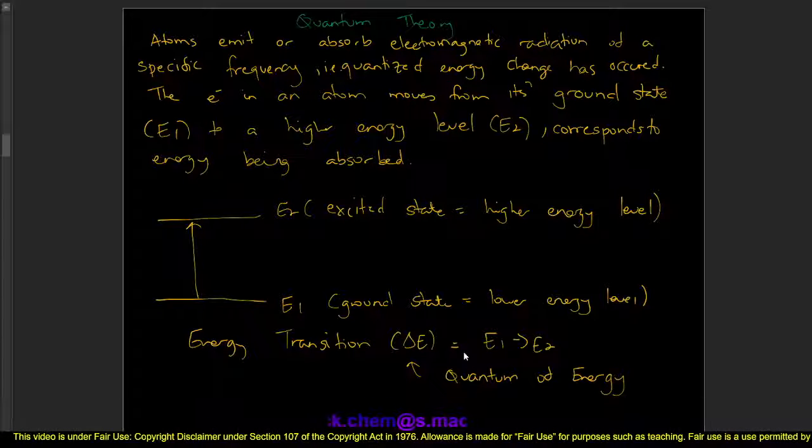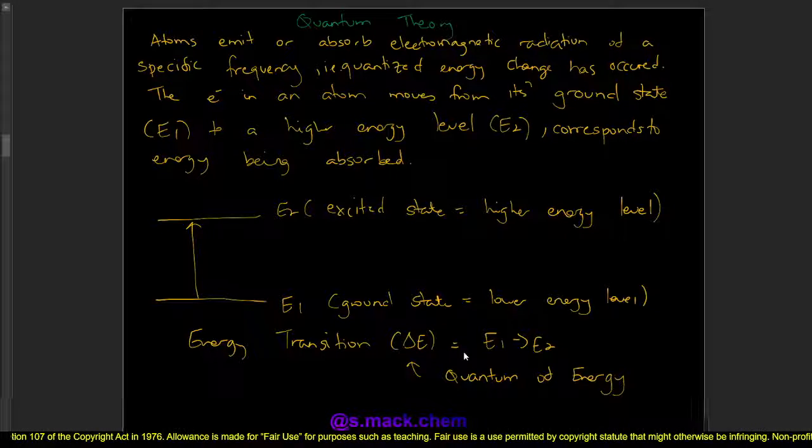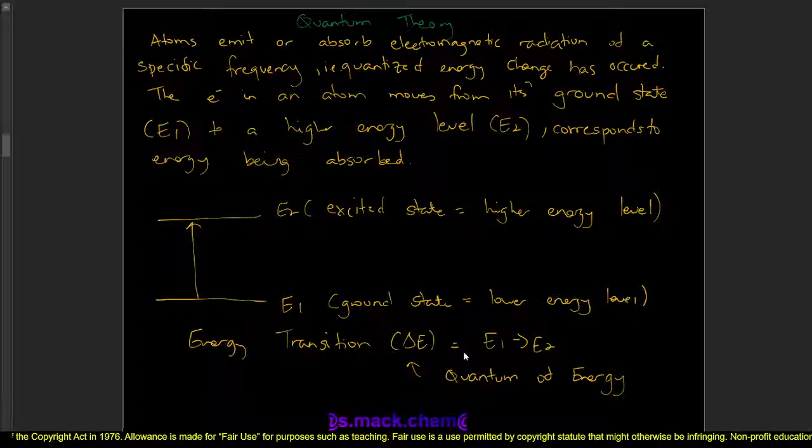electrons are said to exist in what we now know as energy levels. Energy levels, as you know, have been stated to be levels which are fixed distances from the nucleus. So we know we have the first level, the second, the third, etc. But they're all at fixed distances from the nucleus. So for an electron to go from a ground state to a higher energy level, that level could be n equal to 2, 3, 4, 5, whatever it is. We say that that transition in going from a lower to a higher level is what we call a quantum of energy.